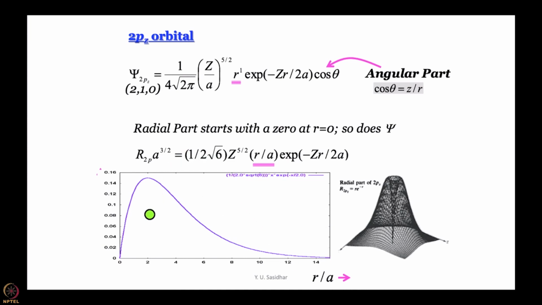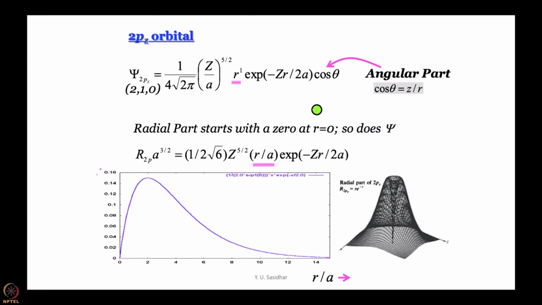So what you see here is the radial part of the wave function. It starts with a 0 at r equal to 0, and of course psi starts with a 0 at r equal to 0 as well, goes up and comes down. From the previous couple of modules, I think you are now familiar and can make sense of this kind of 3-dimensional plot. Just do not forget please that the vertical axis is really psi. Okay. In fact, in this case the vertical axis is capital R.